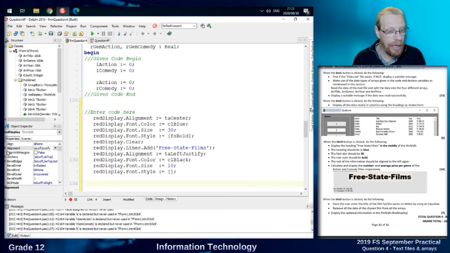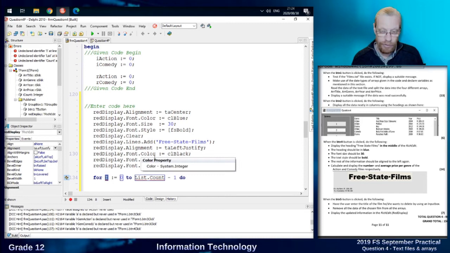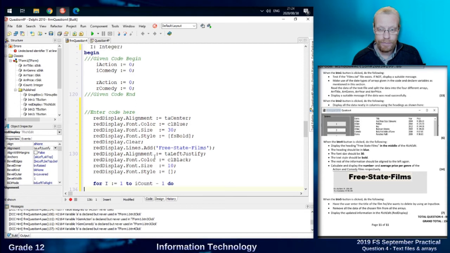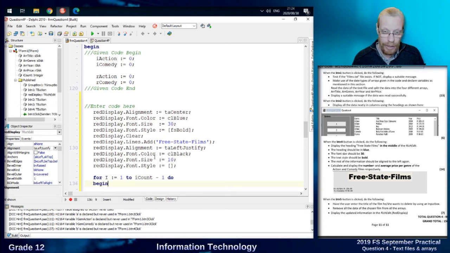Calculate and display the number and average price per genre of the action comedy films respectively. So we're now going to have to process all the films. This portion of the question is fine. We're going to have to process all the films, identify the action comedies, and add their values together. So we can use a for loop for it because we're going to have to process the entire list. For I starting at 1, ending at I count, minus 1, begin,